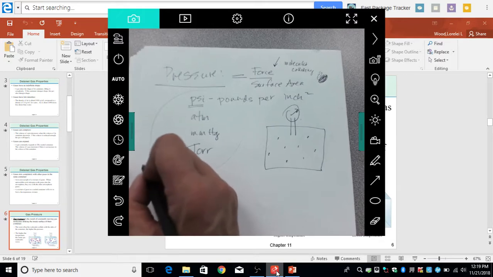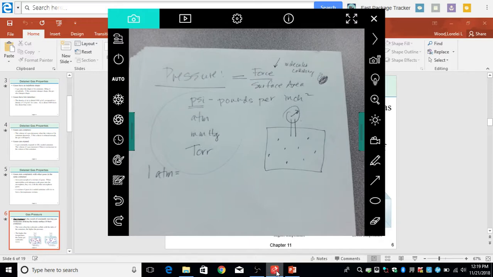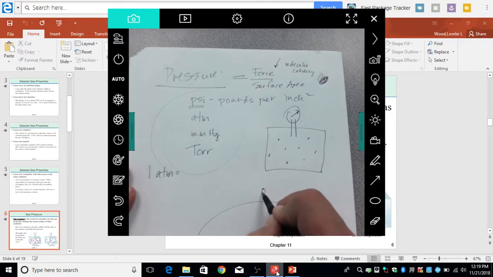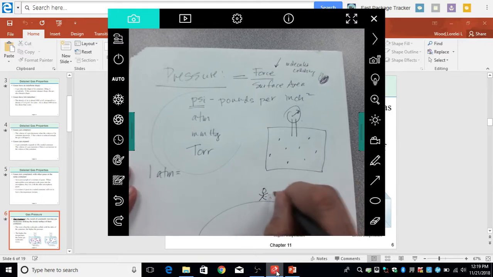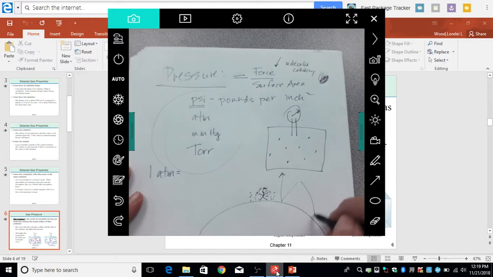Standard atmospheric pressure at sea level is 1 atm. If we were in San Diego, it would be 1 atm. Here in Chandler, we're a little bit above sea level, so our atmospheric pressure is a little bit less. And that's kind of interesting. Standing on the planet, the gas molecules where we are are much closer together, because there's a lot of air on top of us. If you go on top of a mountain, they say the air is thinner. Does that mean the molecules get skinnier? No, that just means there's more space in between them, and so there's less atmospheric pressure.